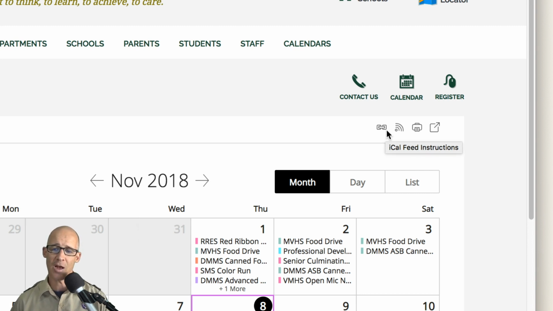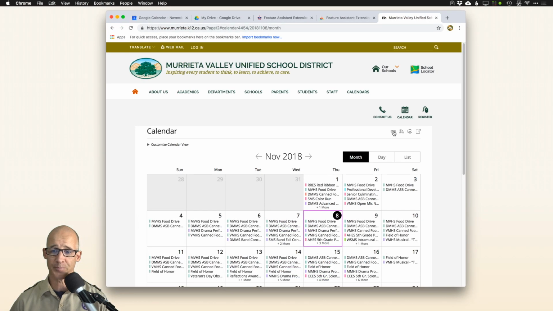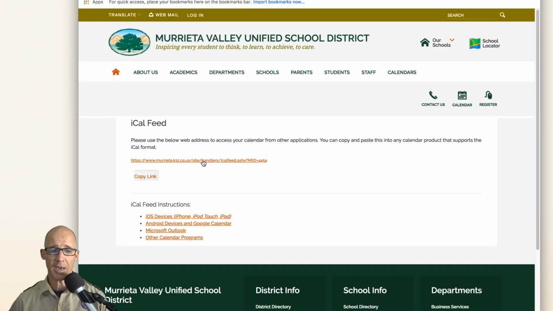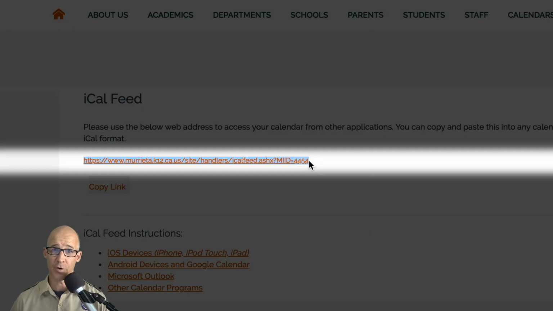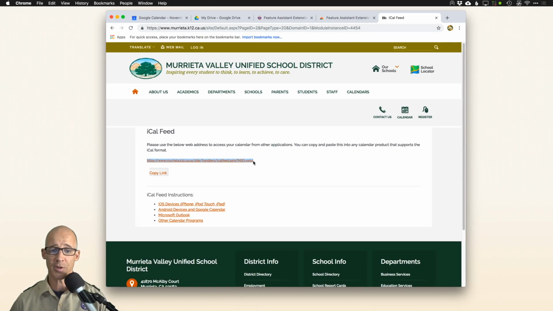So there's these iCal feed instructions, there's the subscribe to RSS. It's typically the link that you're looking for. Now, honestly, you're going to have to dig for this, but when I click on this, I can see right here that I get a calendar link right there. Now, I can highlight that link directly itself. And again, it's going to be different for your district in terms of how you deal with this,